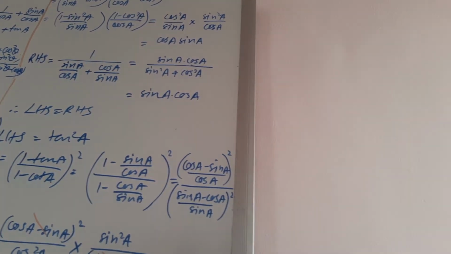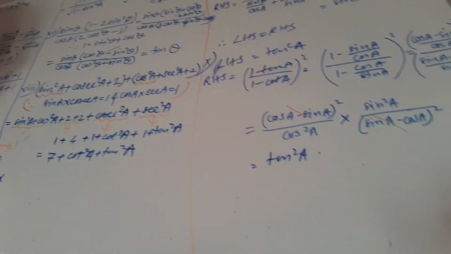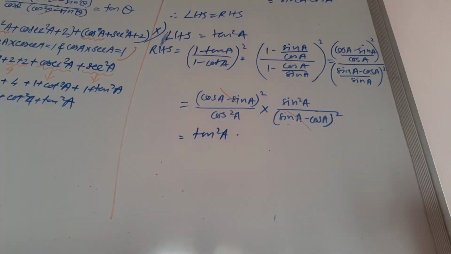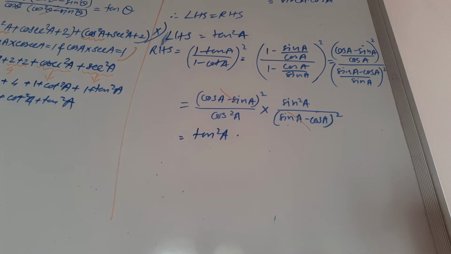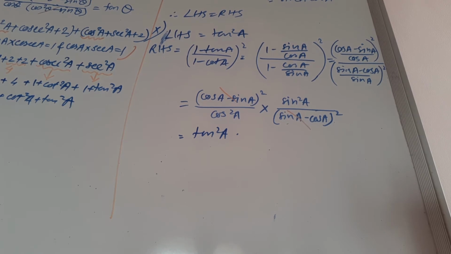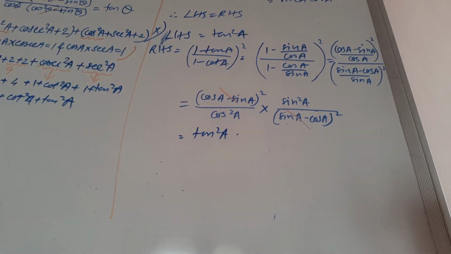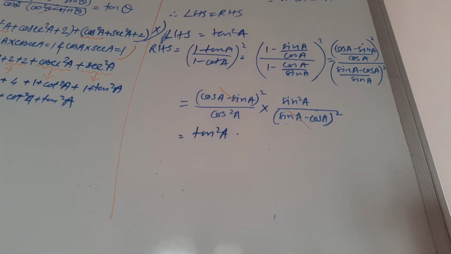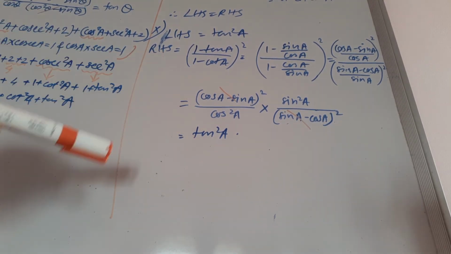Now in 10th question, if you are going to see, in 10th question, left hand side, we can use the identity 1 plus tan square A, that is sec square A, 1 plus cot square A, that is the cosec square A, and we can say that is equal to tan square A. This part we have already solved when we did the 4th sub question of 4th question of this exercise. So we already got the tan square A, so that's why I have not solved it.